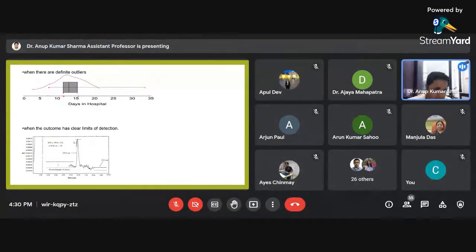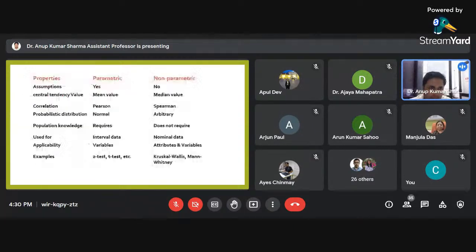So here, as giving some other means, overestimate the noise for the graph. Here the limit is fixed, but others are coming not detected. So it has clear limits of detection, and some others are not detected. So these are the three cases we are including, and we have shown here what the difference is between parametric